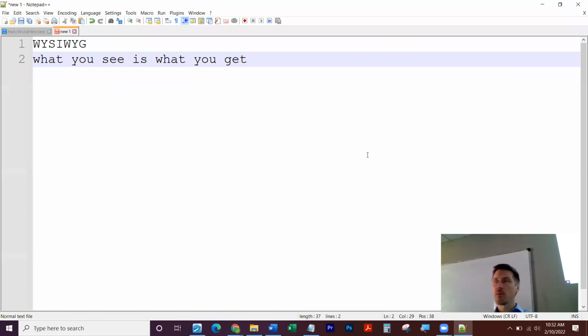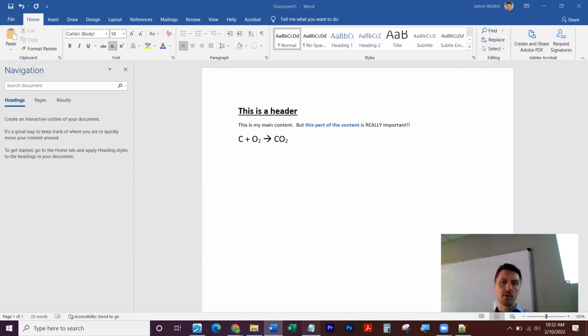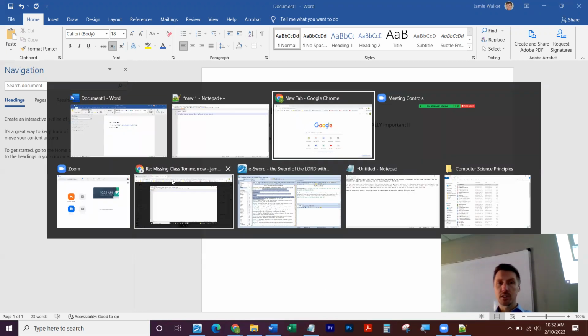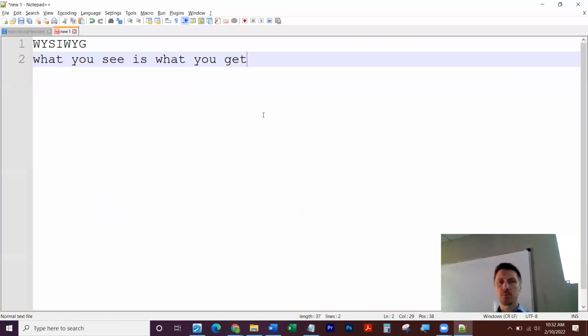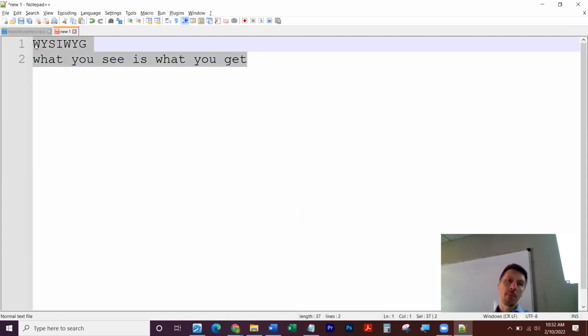Well, that's not the way Notepad works at all, right? If you launch just typical Notepad, it doesn't have any of that stuff in it. Notepad++ doesn't have any stuff like that in it. Notepad++ just lets you write HTML. It lets you write any kind of text document that you want to write. But the nice thing that Notepad++ brings to the table is that if I save